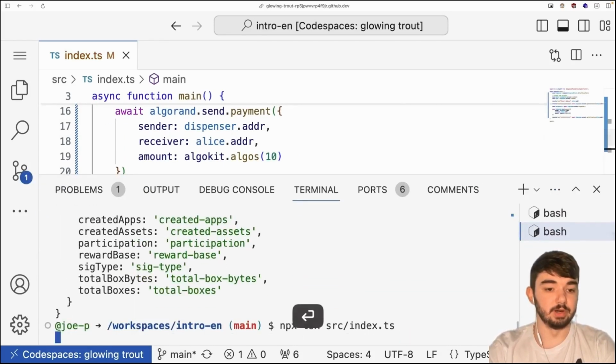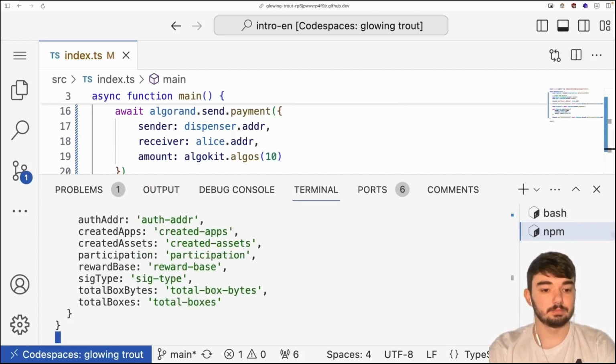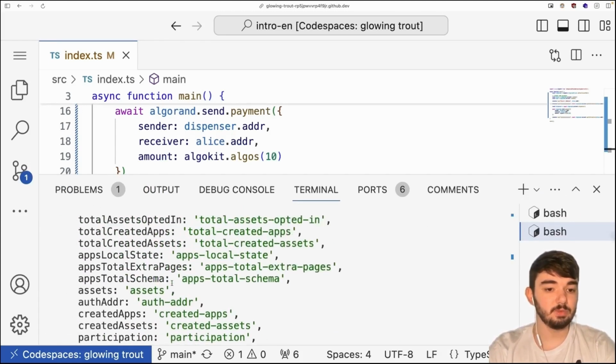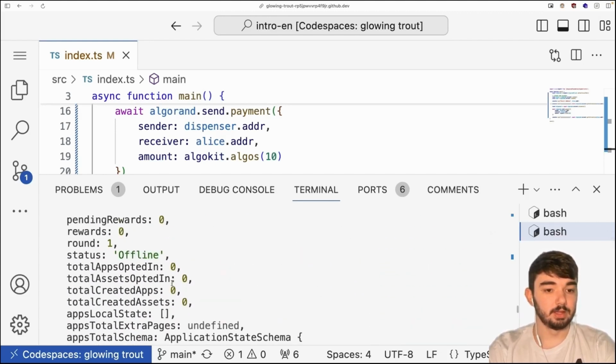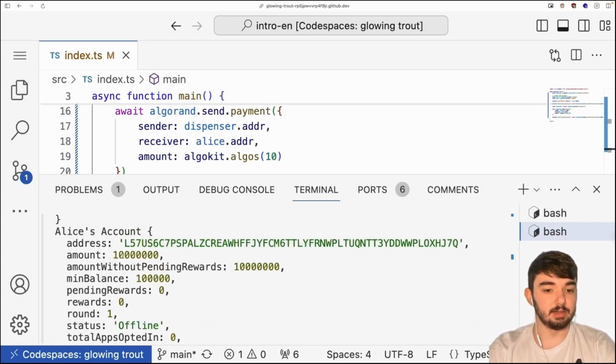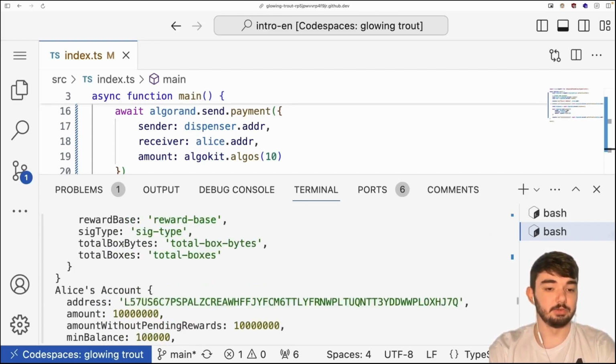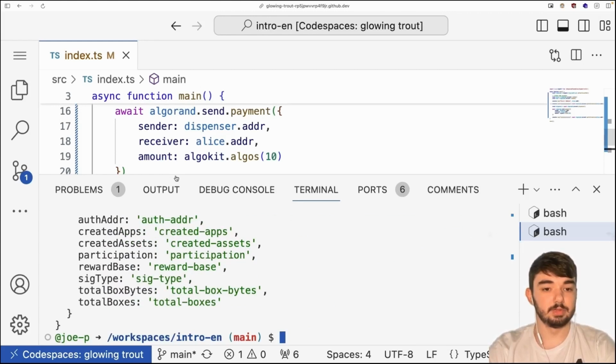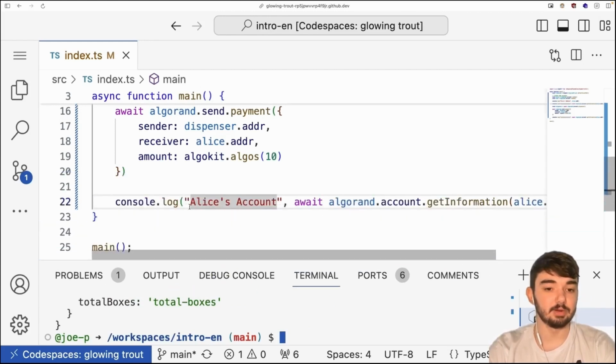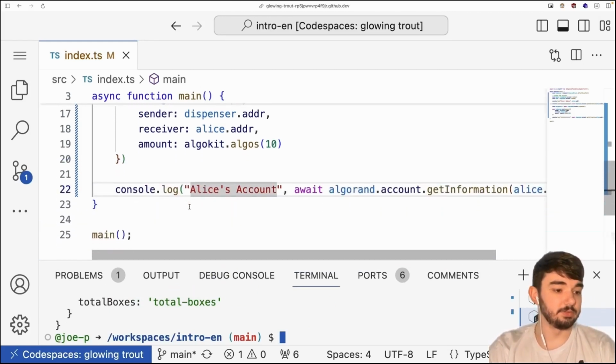However, this time, if we run it, give it a second to run, what we'll see if we scroll up is that Alice has 10 algo, or what would this be? 10 million. Yeah, 10 million microalgo. So we know that we have 10 algo in Alice's account, and this account is officially in the